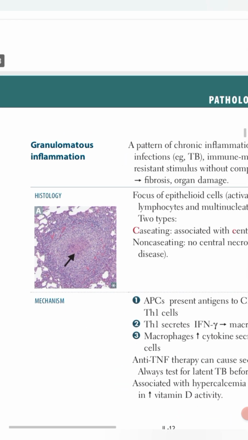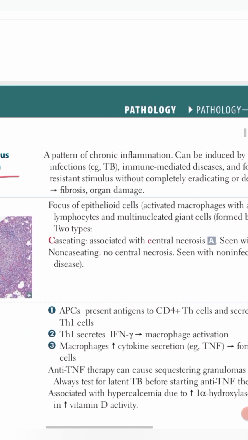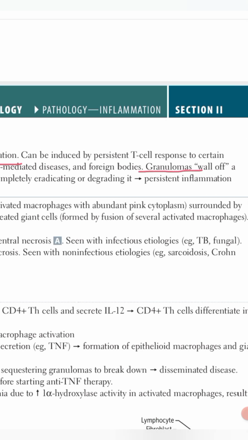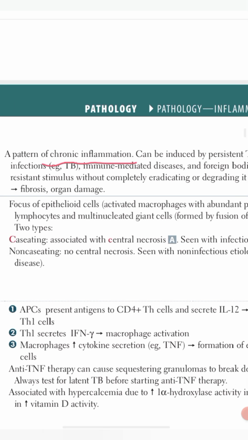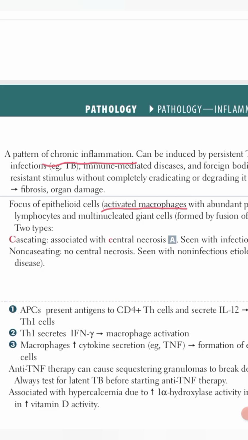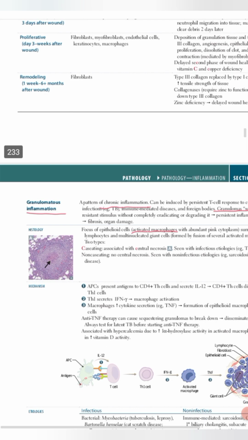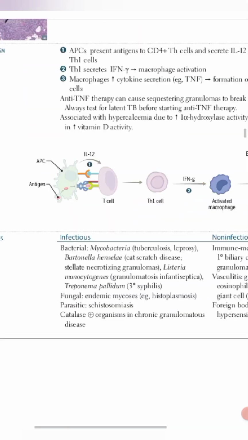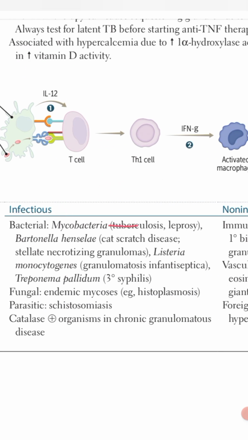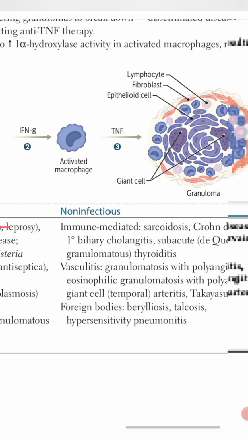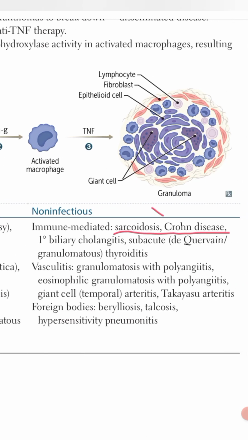Granulomatous inflammation basically is a form of chronic inflammation in which there is formation of granulomas. Granulomas are a collection or cluster of immune cells, primarily macrophages, that are formed to wall off certain infections that the body cannot eliminate or eradicate. If we see the etiologies, the important ones are TB, and in cases of non-infectious, sarcoidosis and Crohn disease